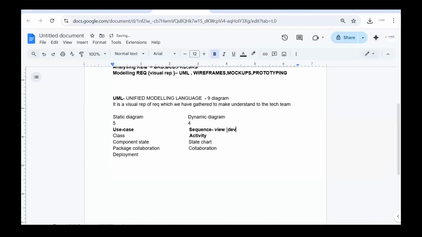But we will look into that, and we will understand what the developers team is trying to explain to us. And here I will explain in detail about the use case diagram and the activity diagram. Okay, so coming to the use case diagram,